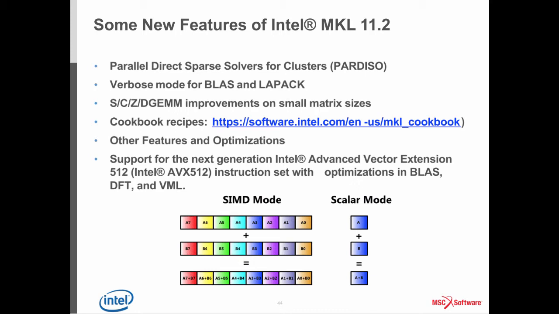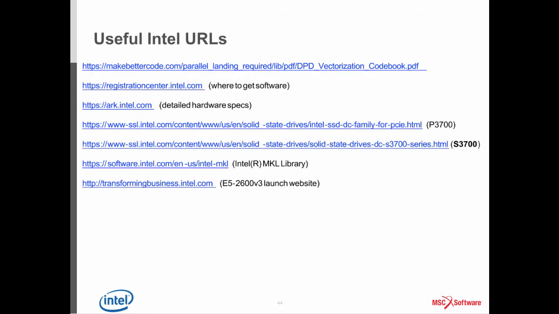And one thing that's an example of what I referred to earlier is that Intel has announced its Advanced Vector Extension 512 or AVX-512 instruction set, and those actually have support in the latest version of the compiler as well as the latest version of MKL. So any codes linked with that will provide the appropriate speedup on those new architectures whenever they're shipped in the future. So I'll just wrap up with a list of URLs here that may be of use to you,